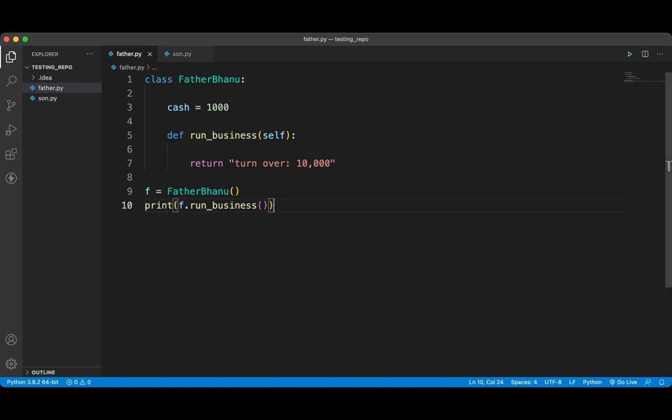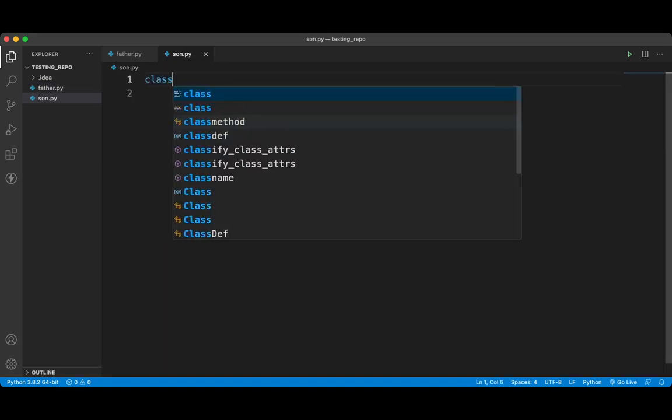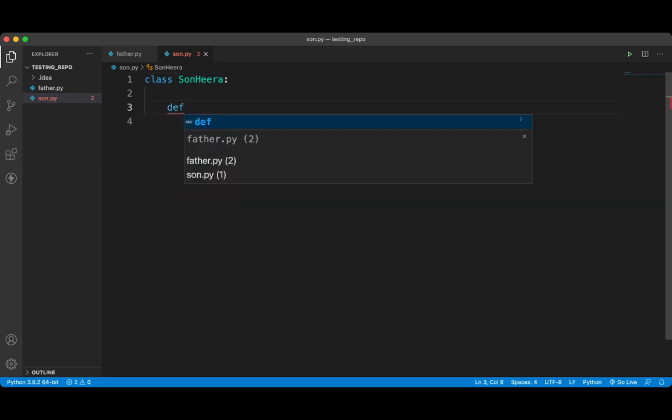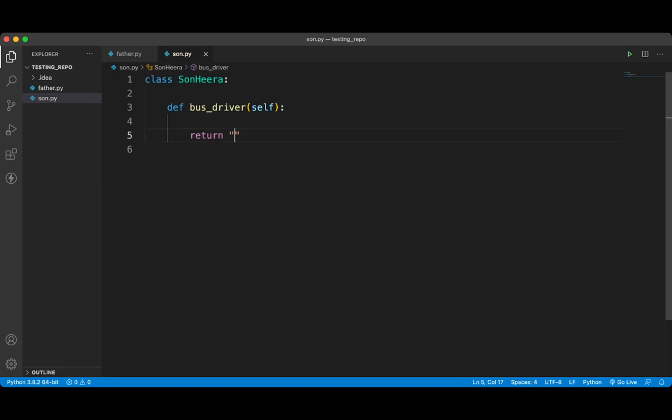Now let's say we also have a son, Son Hira. The son does not have any cash, and let's say he is a bus driver, and self is necessary. His monthly earning is, let's say, 1000 only.